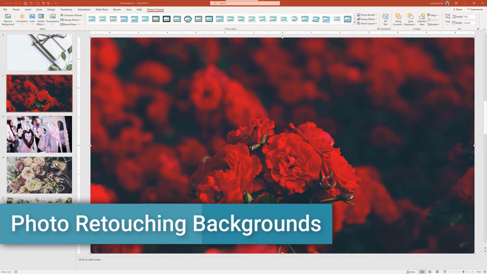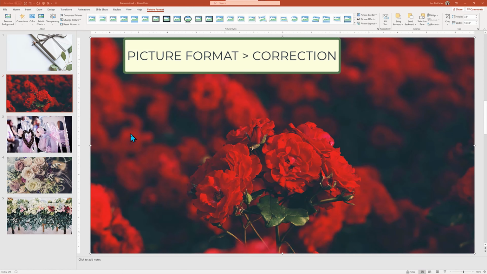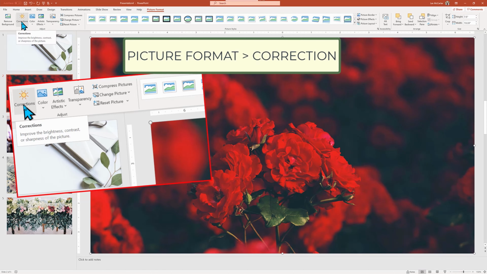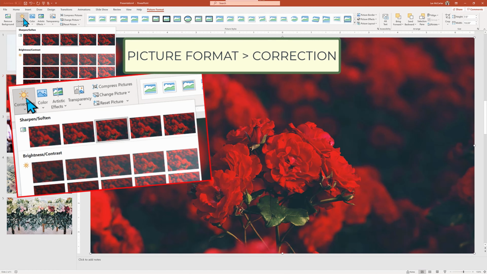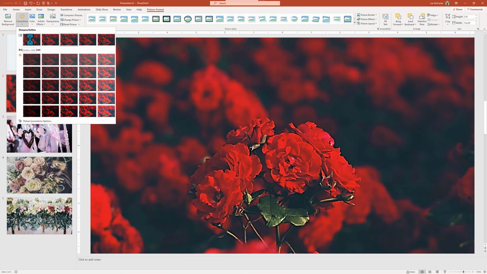With the background rose picture selected, we will then click on the picture format and then correction, and there we can hover our mouse over the different sharpen, soften, individual previews to see it on our screen. I'm going to select the softest focus to get the image to fade more into the background